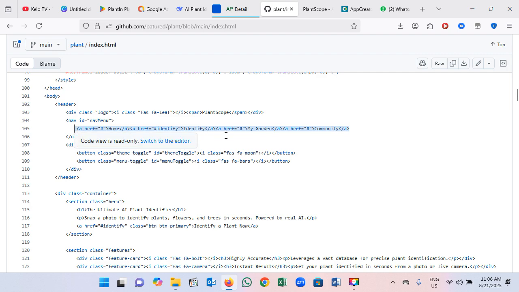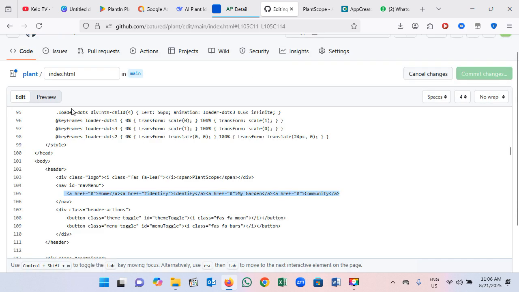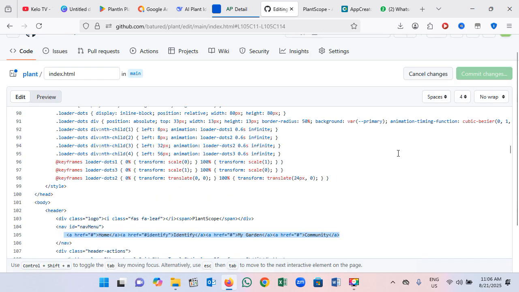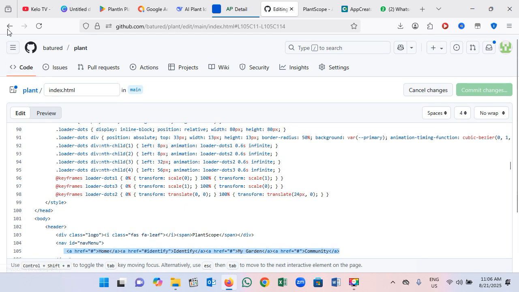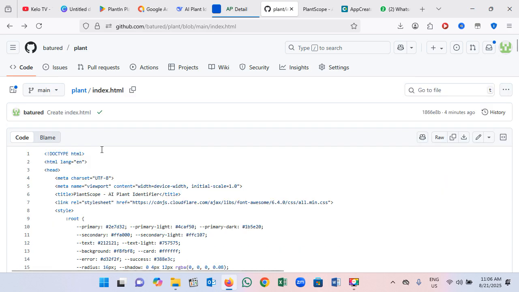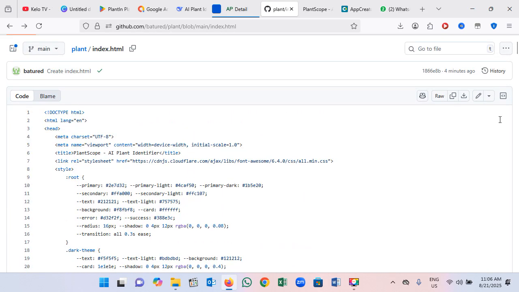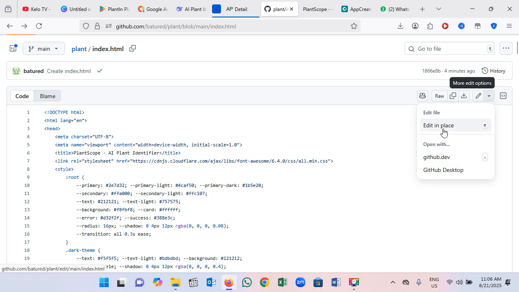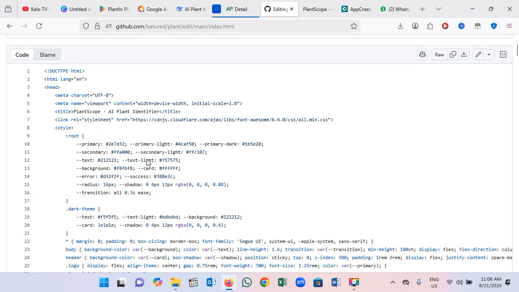Okay, oh, I need to go to edit. You need to come here, and once you open, you can't edit. Let me go back to show you this so that there will be no mistake. So once you open it here like this, you need to come here and click on edit in place. Okay, so once it's open this way,